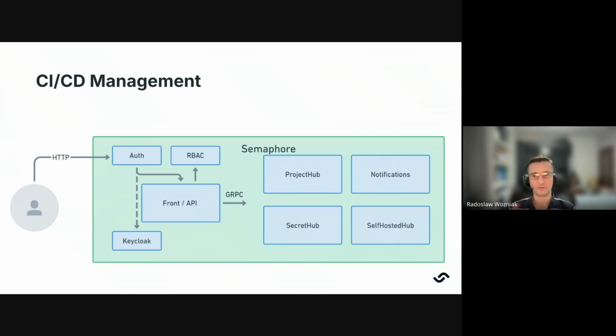Before a request even reaches the frontend or API service, authentication is handled by the auth service, and this service verifies the user identity and injects the user ID headers to the request, ensuring that all downstream services can trust the